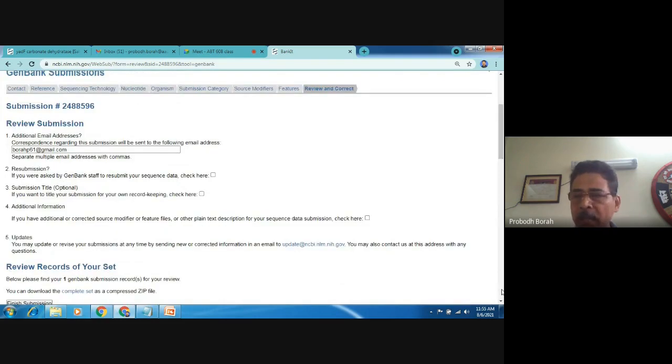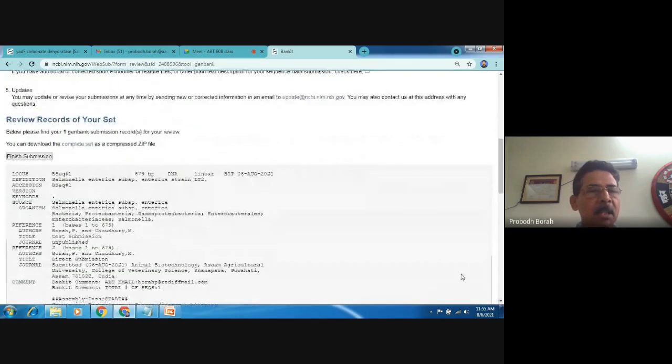So now the last step is ready. That is, you have to click for finish submission. But we will not do it today. Why? Because unnecessarily this information will be going to the GenBank, and unnecessarily a burden will be put on the curators to verify and upload it to the database. But this is not a sequence that we intended for submission.